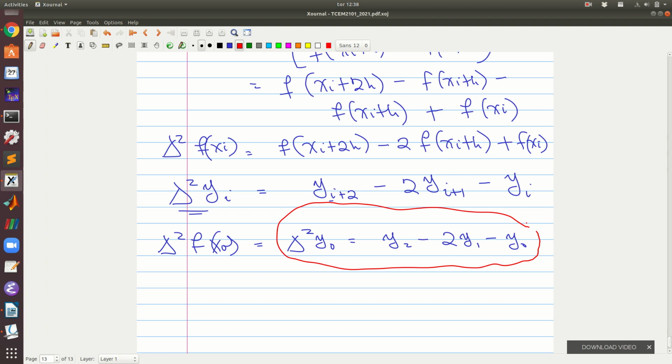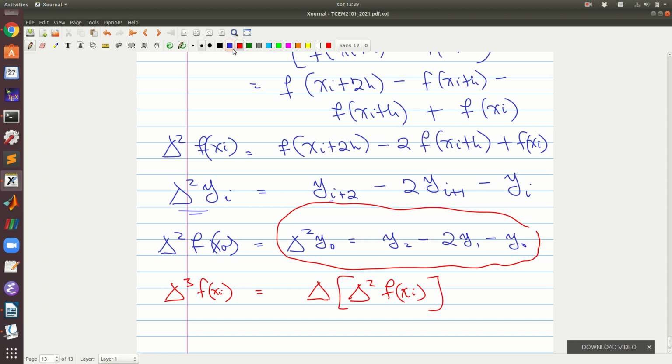So we can go ahead and even find the third forward difference in the same way. The third forward difference at xi is simply going to be that composition of the first forward difference. So let us break it down. Say it is the first forward difference of the second forward difference at xi,